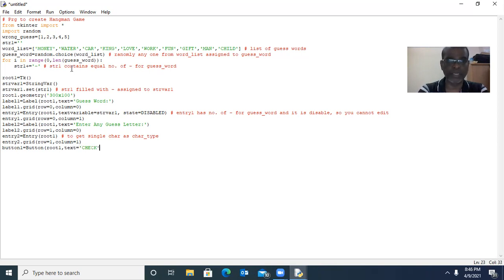So we are creating one button with the text check. If we click this button, we have to call one function. The function is check fun. Good. We have one comment here: it calls check fun. If you click button 1, it will call check fun. So we have to write one more function. We will write it afterwards. Here we have to place the button over the top level window. Button 1 dot grid. Row equal to second row, column equal to 0th column.